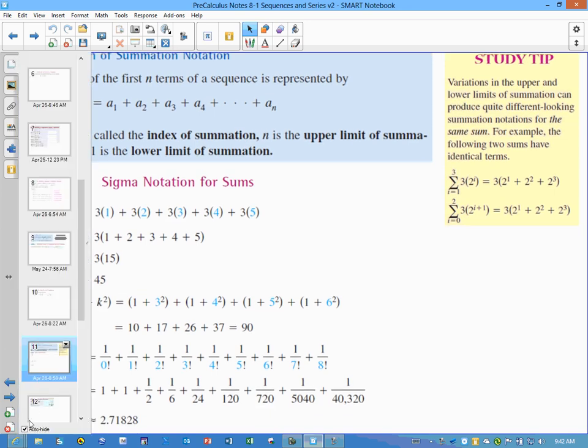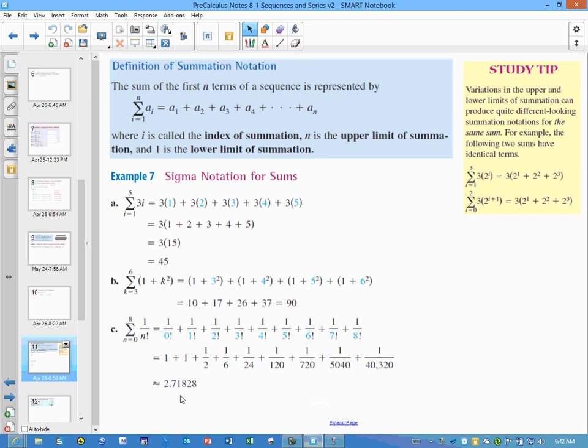Actually, let me do this. There we go. Alright, so 1 over 0 factorial, 1 over 1 factorial, etc., is going to give us these numbers. Notice how the factorials get pretty large pretty quickly. If we add up all these numbers, we get approximately